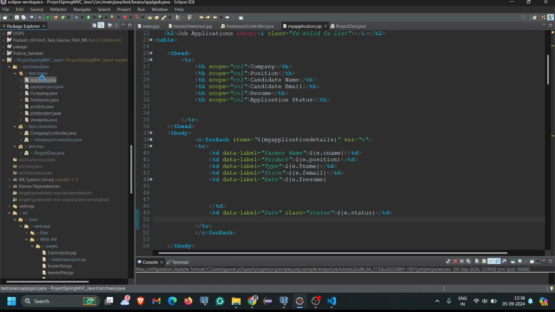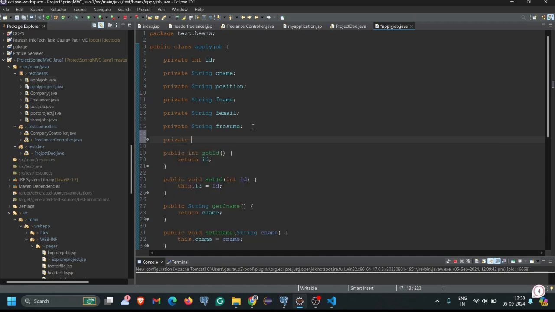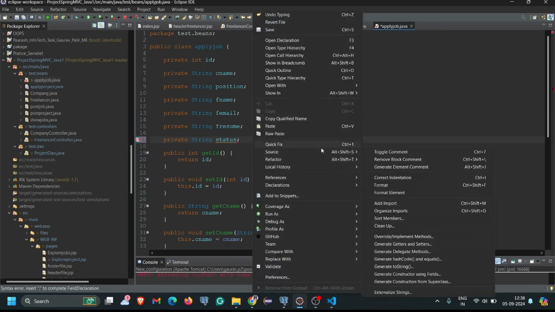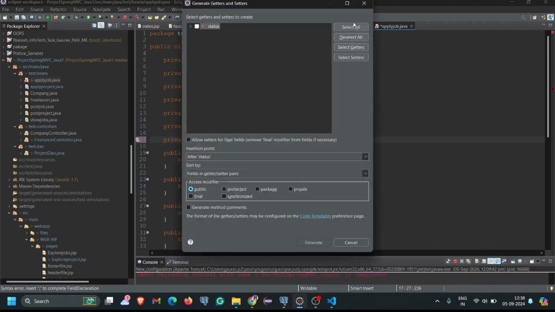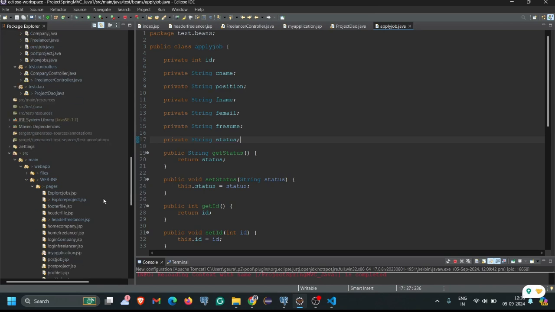Where is that apply job? And here we have to declare one variable, that is a private String status, put on semicolon. We have to apply here getter setter of that particular variable. Click on that, source, generate getter setters, select all, generate, and then we have to come to the apply job